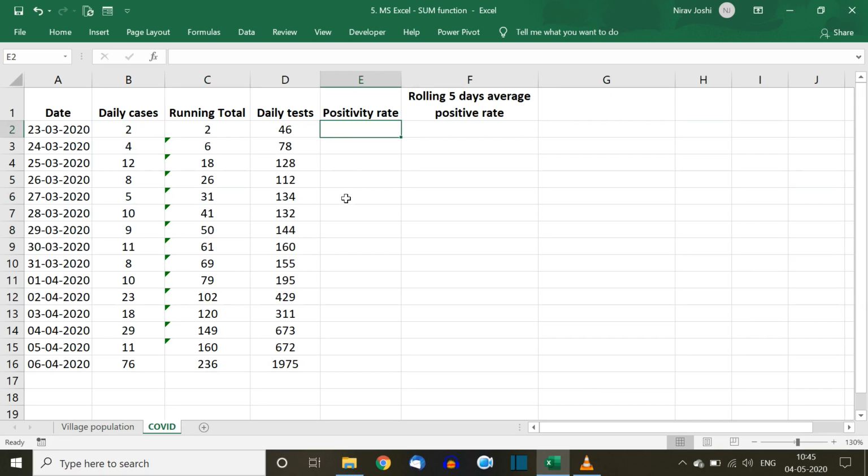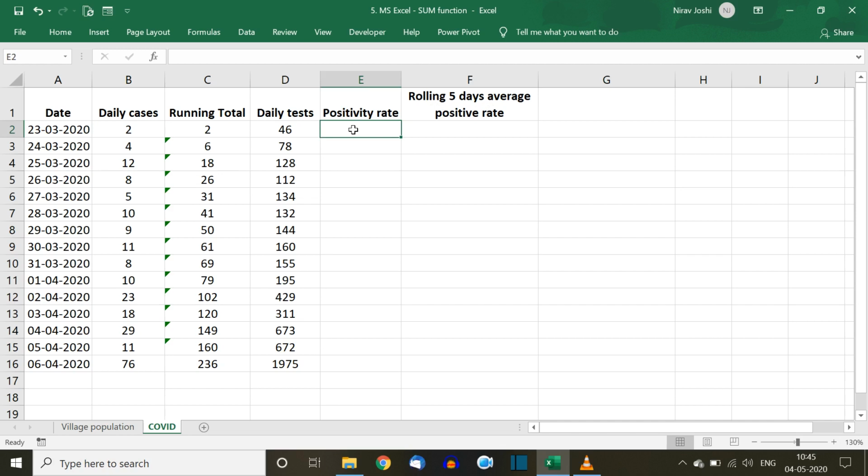Another calculation that we can do here is, we can get percentage of positive cases out of daily test. Now here we are not using the sum formula, but this is mainly to understand how we can calculate this rolling 5 days average positive rate.